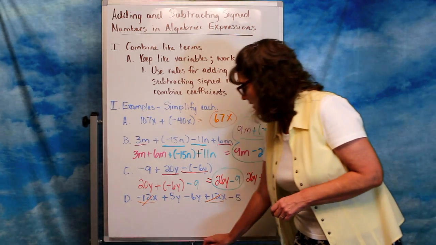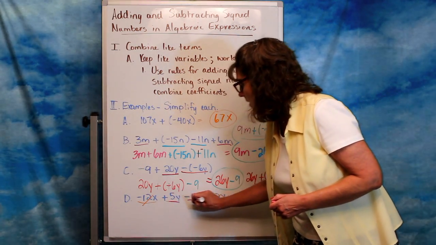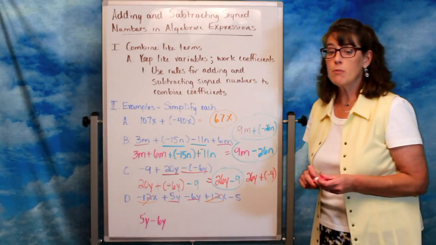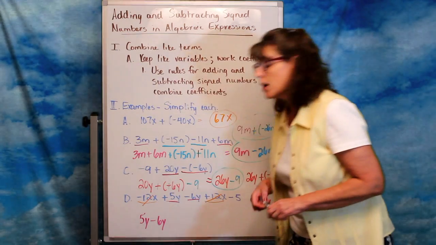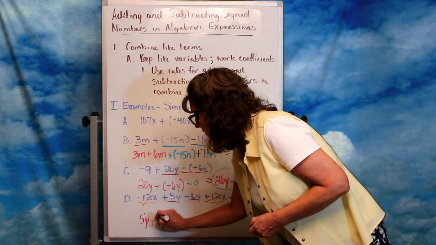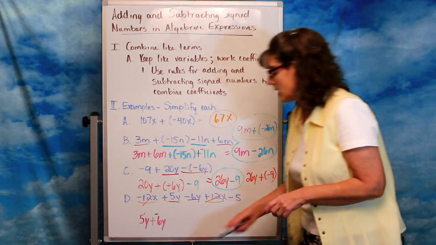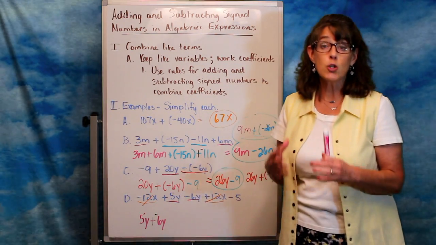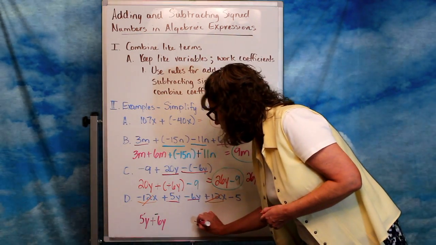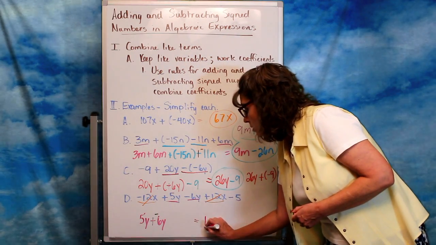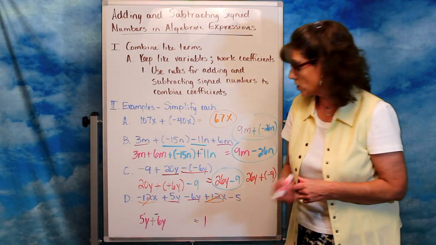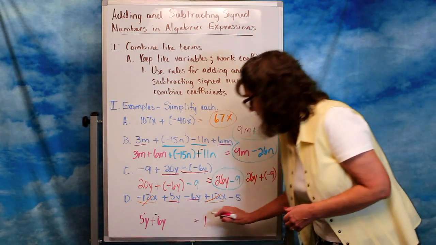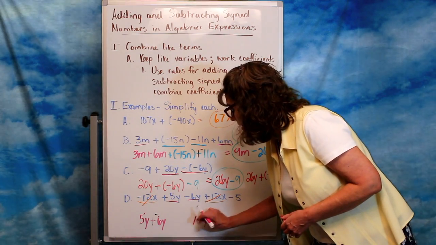Now, I also have like terms with my y's right here and right here. So I have a 5y minus a 6y. And just like we said before, we're going to add the opposite of the second one. Currently it's a positive 6y, so I'm going to add the opposite. Now go back to those addition rules that say ignore the signs. Notice the signs are different, so I ignore the signs and take smaller from larger. Smaller 5 from larger 6 is a 1. And I'm going to take the sign of the larger digit. The larger digit is a 6. Its sign is negative. It will overpower the positive. So I come up with a negative 1y